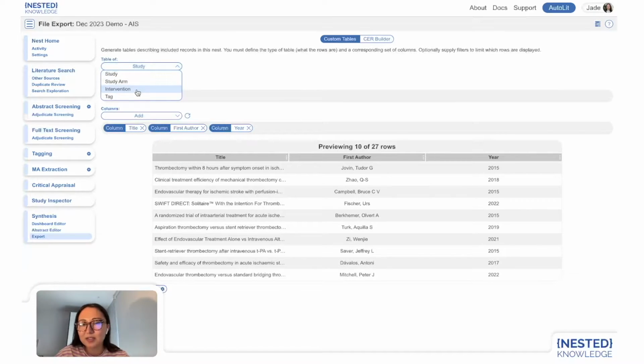So within custom tables, you can download a table of studies, study arms, interventions, and tags. Note, study arm and intervention, most applicable when you've completed the MA extraction phase, if that is applicable to your project, but most commonly used is a table of studies. You can use these filters. These are more limited than those in Study Inspector, but most importantly, you can add in columns of choice,